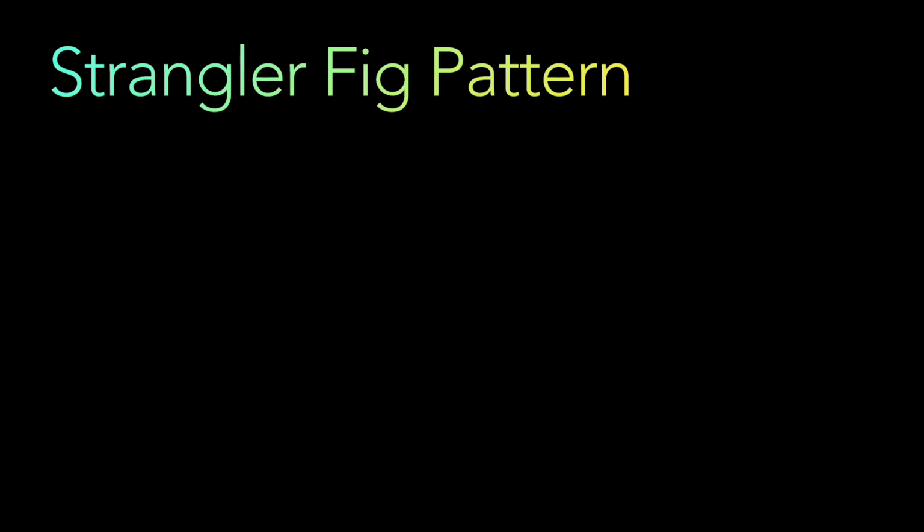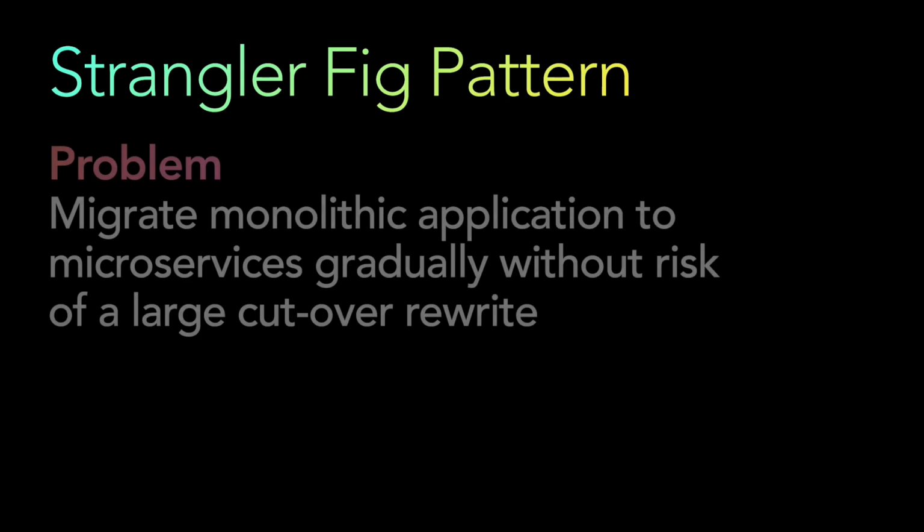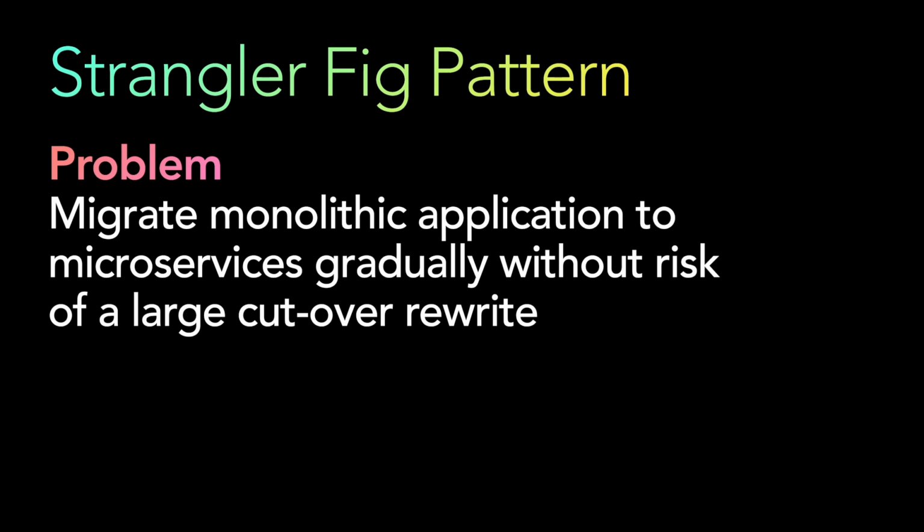So strangler fig pattern, right? So what is the problem that we are trying to solve? The problem is you have a monolithic application. A monolithic application is something which is filled with multiple features and functionality, right? Which has been built, say, for a long period of time, and now it is very difficult to manage, right? You want to move that one monolithic system to multiple microservices gradually without the risk of a large cutover rewrite,